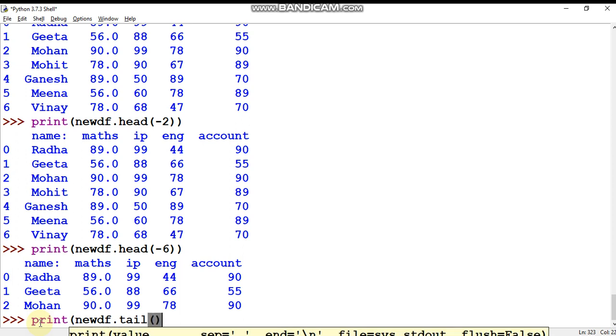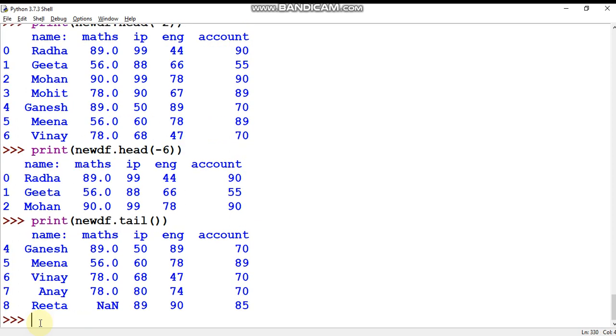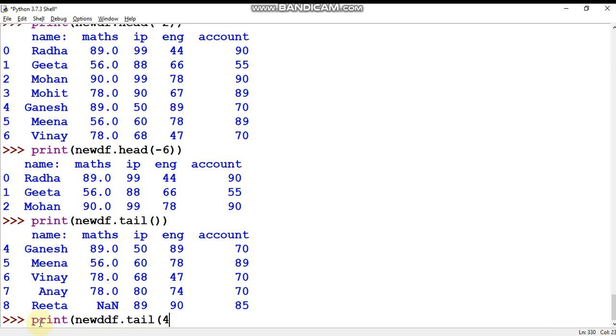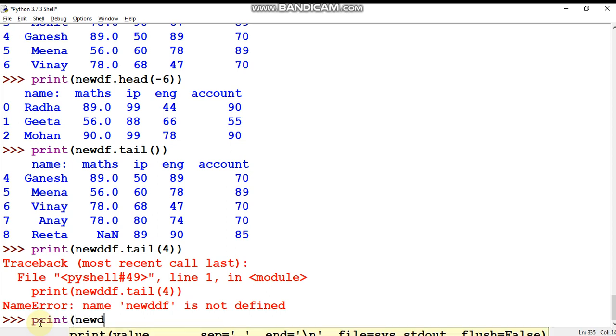So if we are not passing any parameter, it will display 5 rows from the bottom. You can see. If you pass any parameter in the tail function, suppose 4, it will return the first 4 rows from the bottom. You can see here one bracket is missing. Print new df.